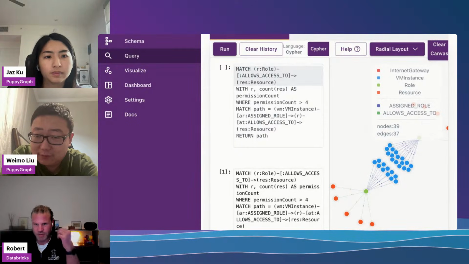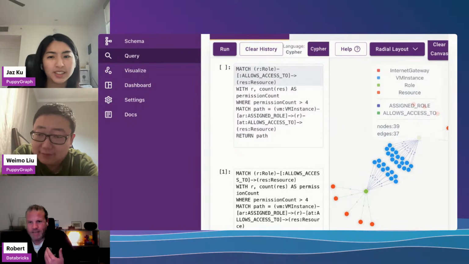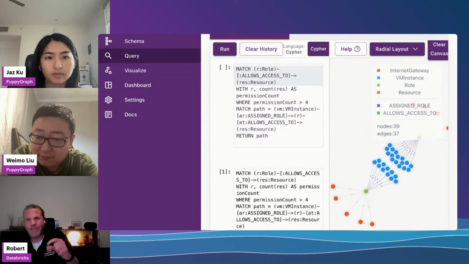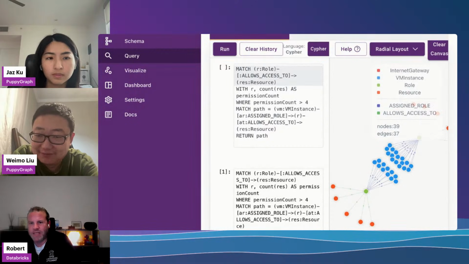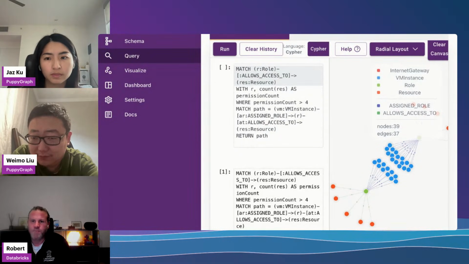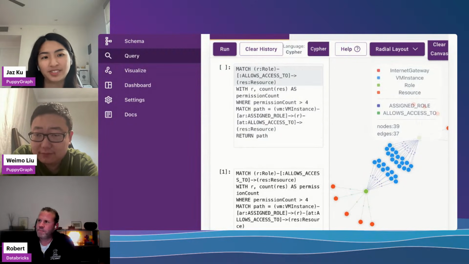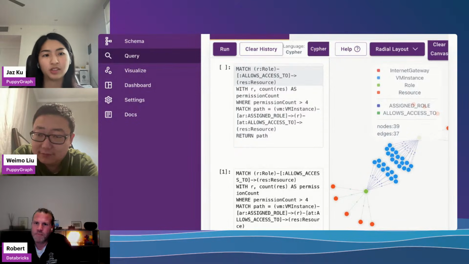I think that's literally one of the definitions, for me at least: a relationship is a first-class citizen within a graph system, whereas in relational systems, with foreign keys and what have you, relationships exist as well, but they're a second-class citizen. Exactly. A graph system and a relational system have different strengths and weaknesses, which is why being able to switch between these two modes so easily is also really valuable for a lot of teams.